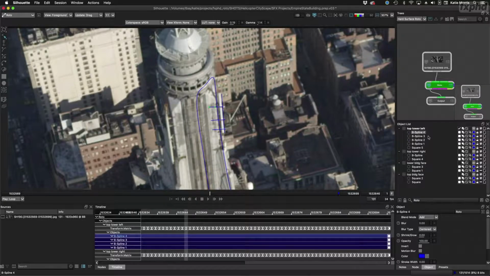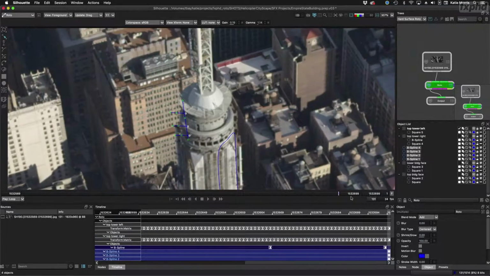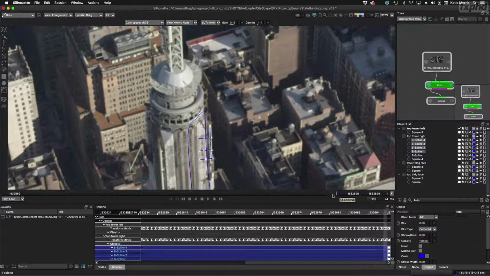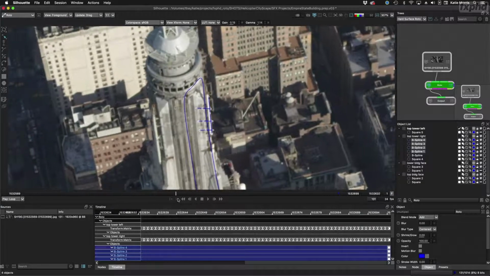Oh, here we go again. See, somehow I was not selected on my layer, and I'm going to go back. It's not a problem. I'm just going to drag all these into top tower right. So that means what's problematic there, and this is a good example to show you that if you make your shape inside the wrong layer that has transform data applied to it, let's go back. It has to be possibly moved over a little bit more. So here in this case, I might need to move it over just a little bit. Okay, so top tower right,